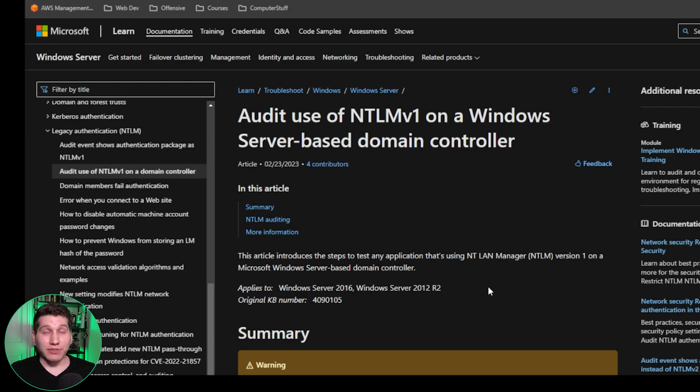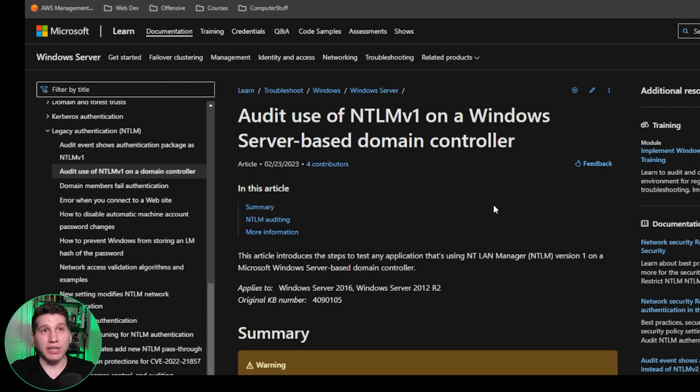So the recommendation for fixing this is to raise the authentication that's allowed from your domain controller to be just NTLMv2 as the lowest. One of the issues that might arise from this is that there might be machines in your environment that aren't able to authenticate with NTLMv2. So if they're an older machine, then they'll have authentication issues in the domain if the domain controller gets set to NTLMv2 only. So one of the recommendations is to first audit on the domain controller,